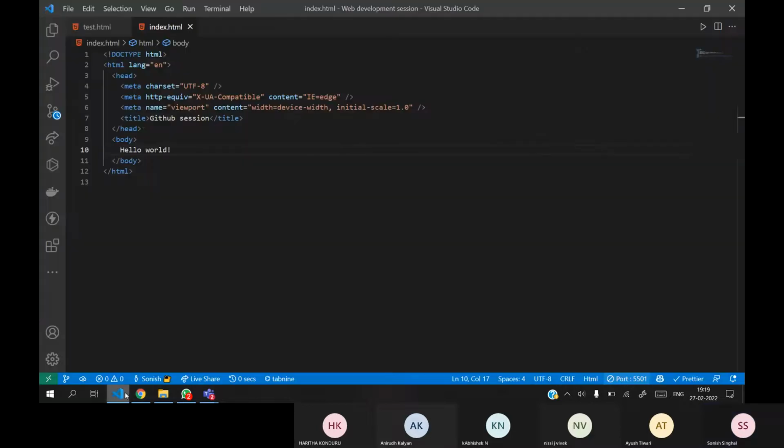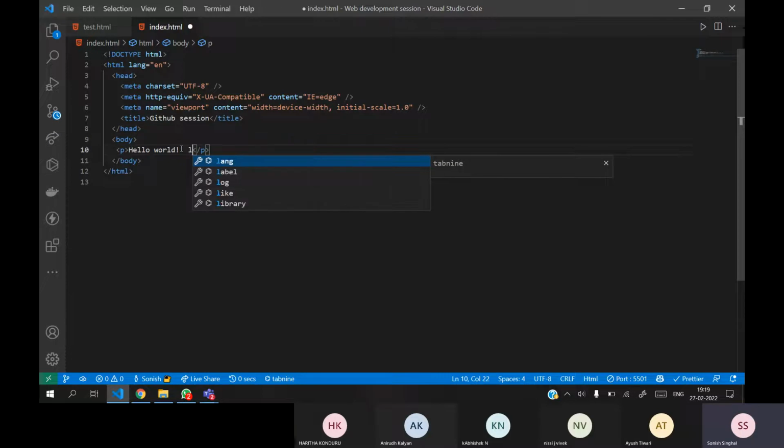So let's go back to here. First of all, we have the paragraph tag. Let's click here. We have the paragraph. In the paragraph tag, we can write multiple paragraphs. And here, if you want to write a lot of data, there is an abbreviation, lorem.